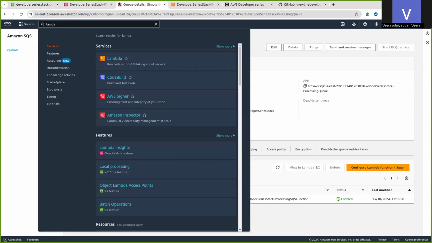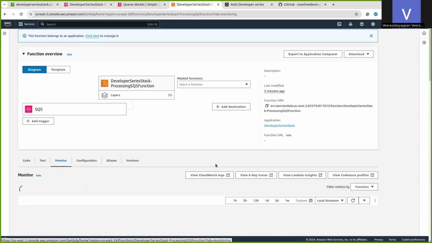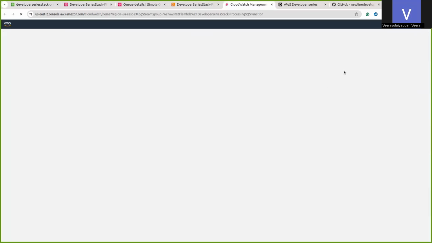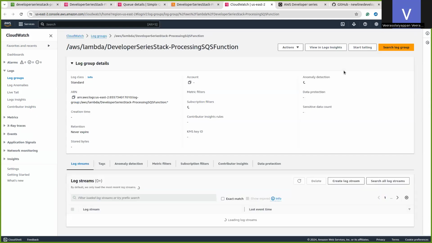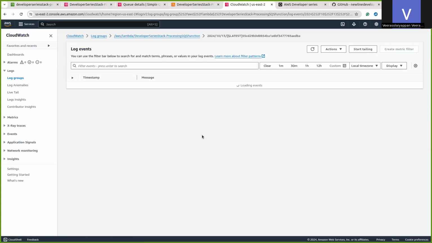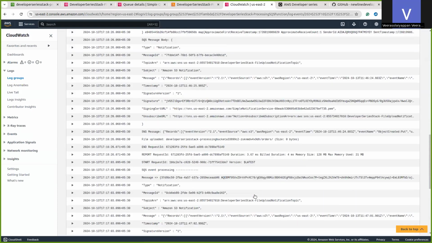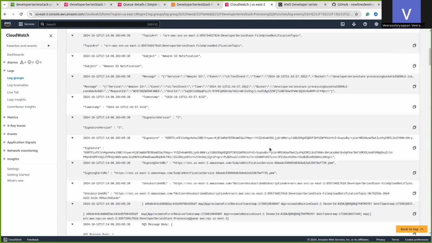Now let's go to the Lambda function. In the monitor tab, let's check the CloudWatch logs. Okay, this is the latest log that has been uploaded. Here we should see all the event details.